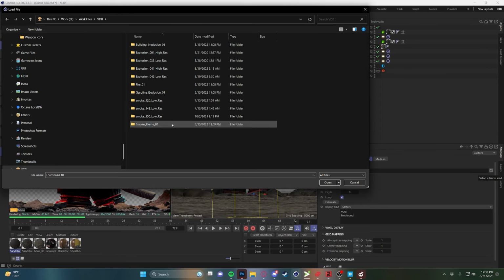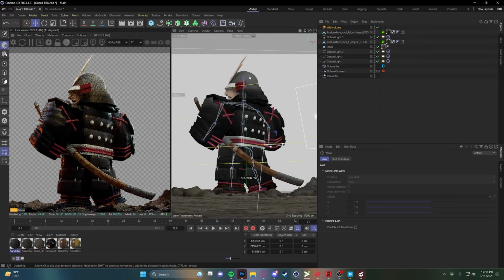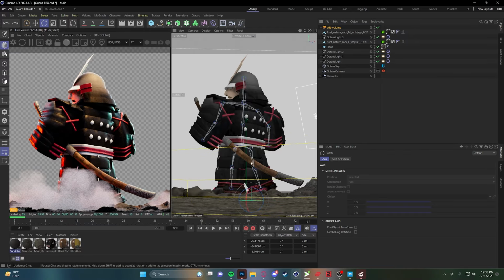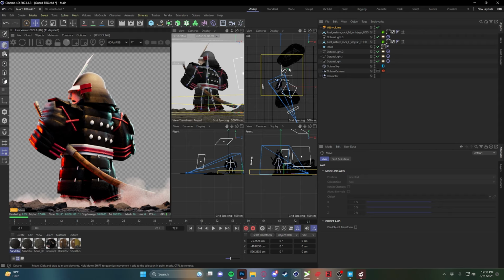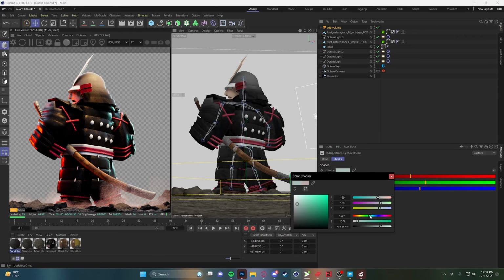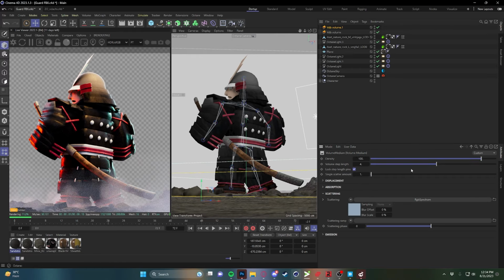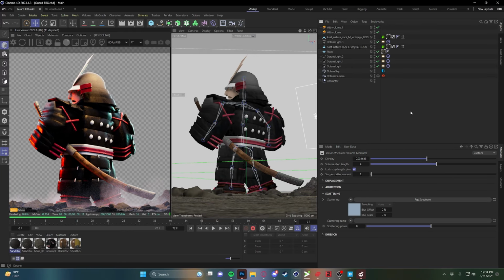And right after that, I add a VDB volume to it. I add a smoke effect. I think you can probably get some VDBs for free, you'll have to look. I adjust the values of this VDB and place it appropriately. This adds a smoke effect to the screen. It's rendered, so